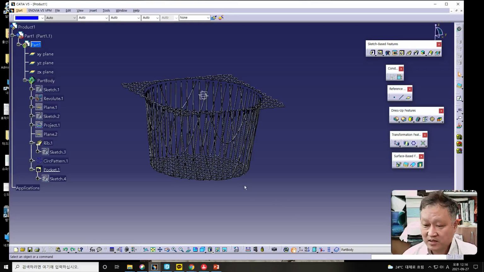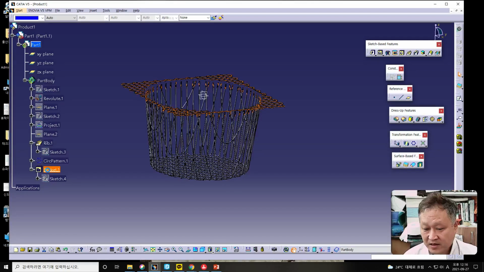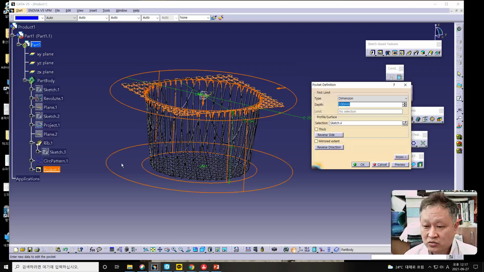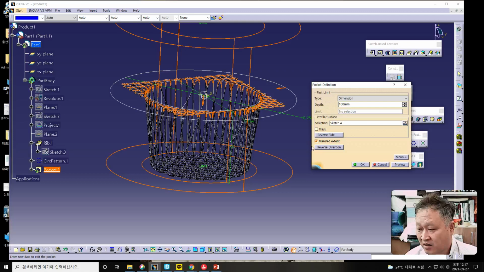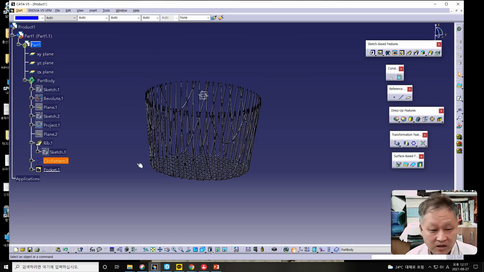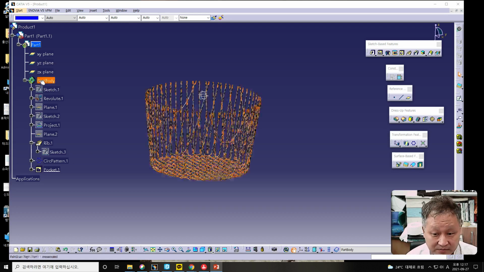Some have mistakes. For Pocket 1, we should select mirror extent. It is necessary to click mirror extent, then the preview button, and please click the OK button from this one. In this case, only the lower part should remain like this, and in this case, by using the YZ plane,